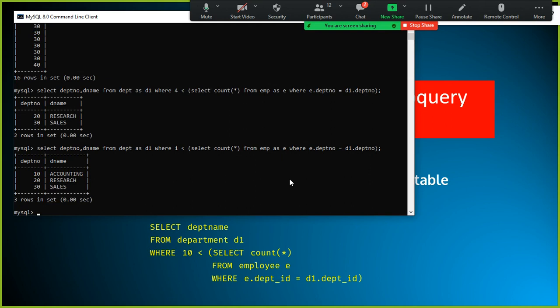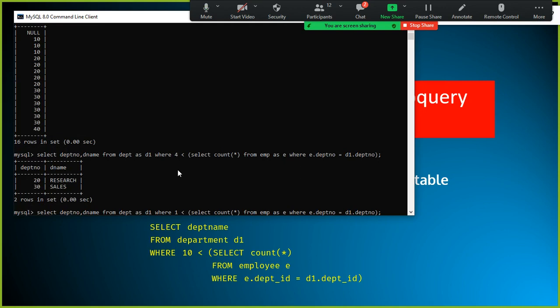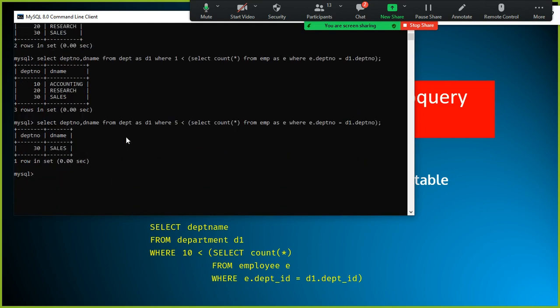For example, here department number, and if I give 2, we already tried. Let's say 5. If I give 5, only sales is coming. The sales department has how many records? 3, 4, 5, 6, 6 records are there.